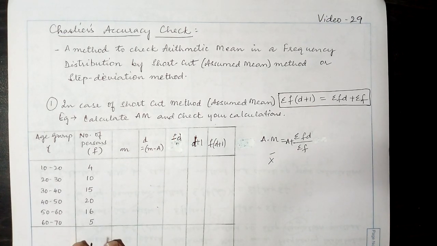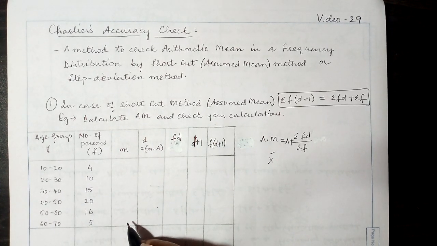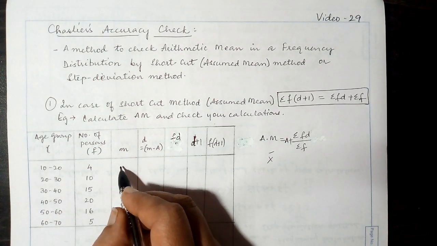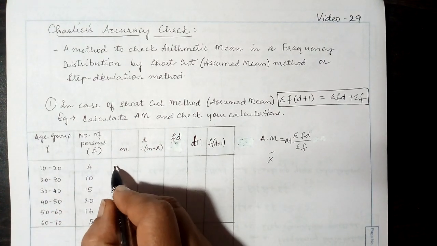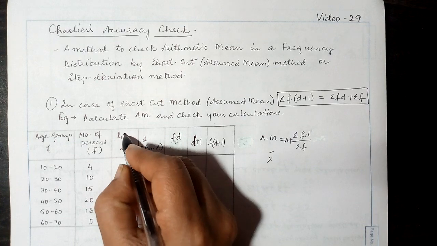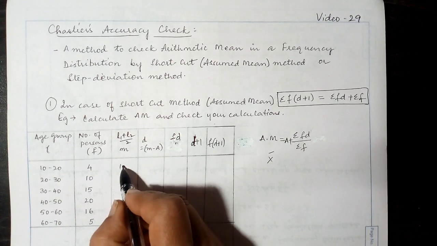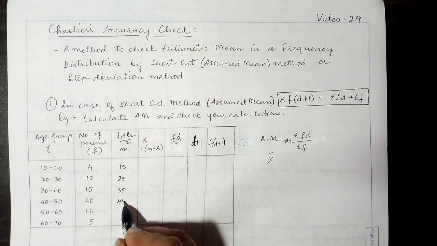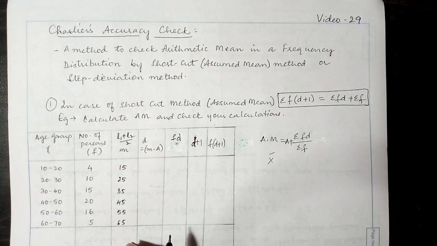Now this is a continuous series, since class intervals are given. So what we need to find out first, we should not forget the method of calculating arithmetic mean for a continuous series. There we had the calculation of midpoint to make it into a discrete series. So what is the midpoint of 10 to 20? We know m will be given by L1 plus L2 divided by 2. So this is 10 plus 20, 30 by 2 gives us 15, and then here we have 25, then 35, 45, 55 and 65 as the midpoints. Now this becomes a discrete series.